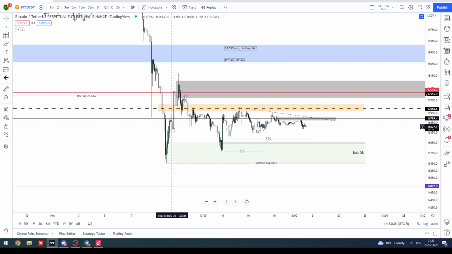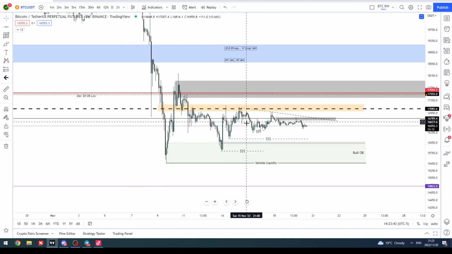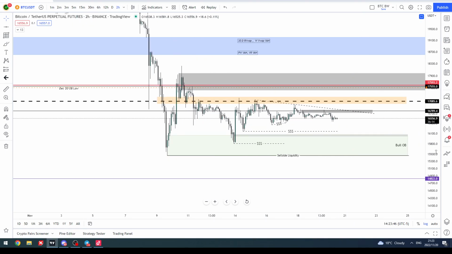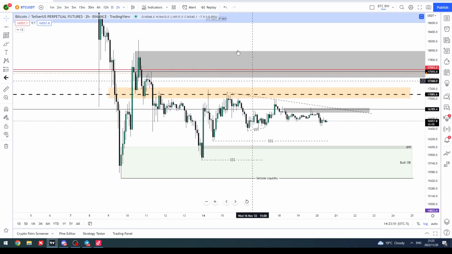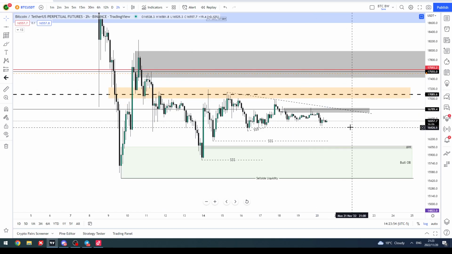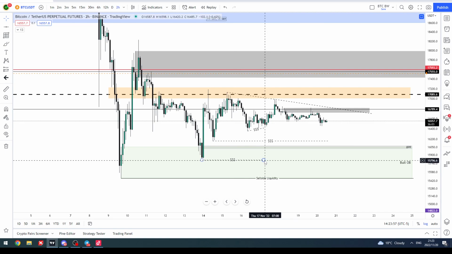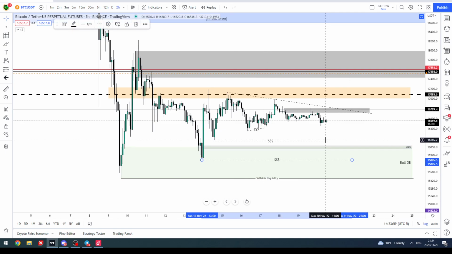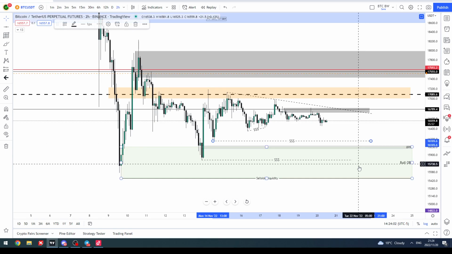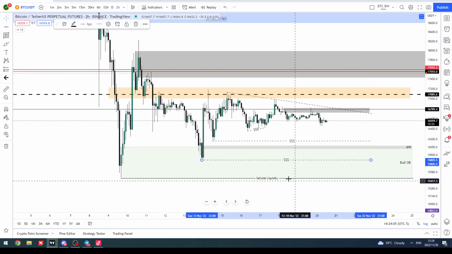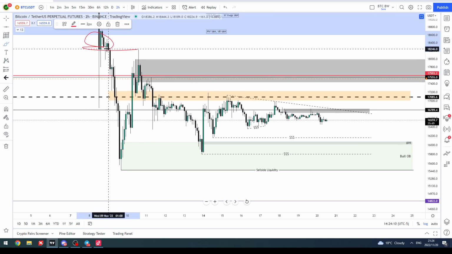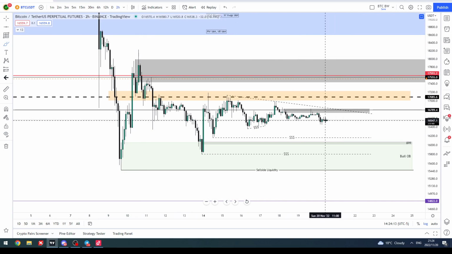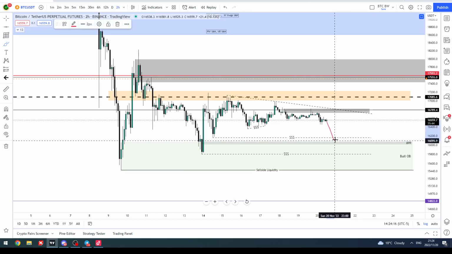Those that have longs or were long on BTC are now starting to pair their orders in here and mitigate their losses as best they can. So that is not a good idea, because that's bearish, which means we need to look at both sides now. And at the outset, we had these levels marked off as levels for liquidity, and because we didn't take any sort of highs here to the left, like I said on the order block side, we need to look for an option where BTC runs the lows here,